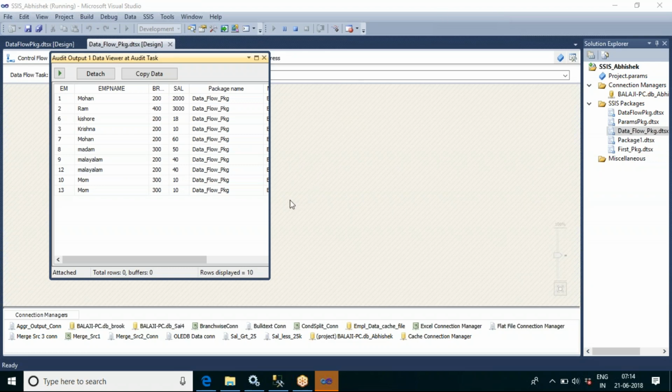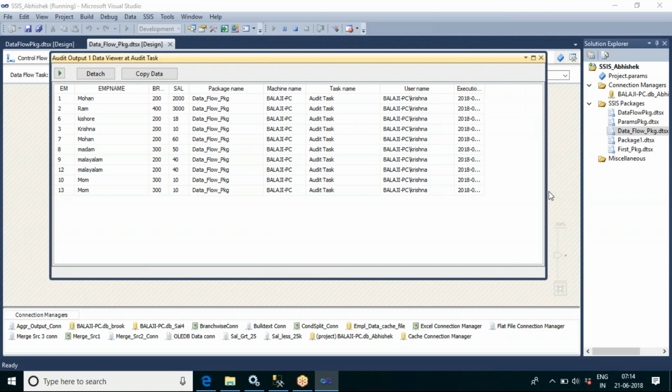Now you can see this is the change in name, data flow package, and you can see the audit task.